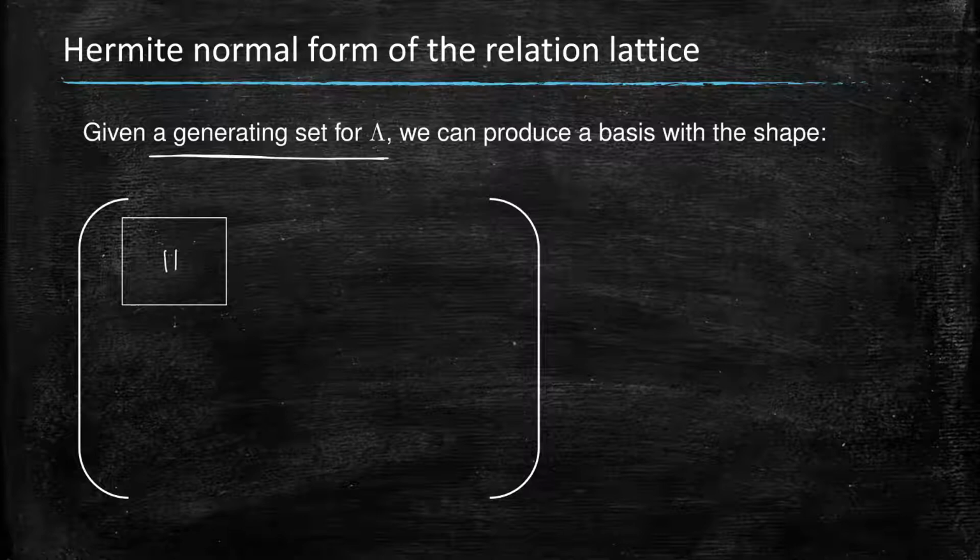There is a square matrix here, and if n0 is the cardinality of our generating set, then we can guarantee that this size is n0, while n is the size of our larger generating set,